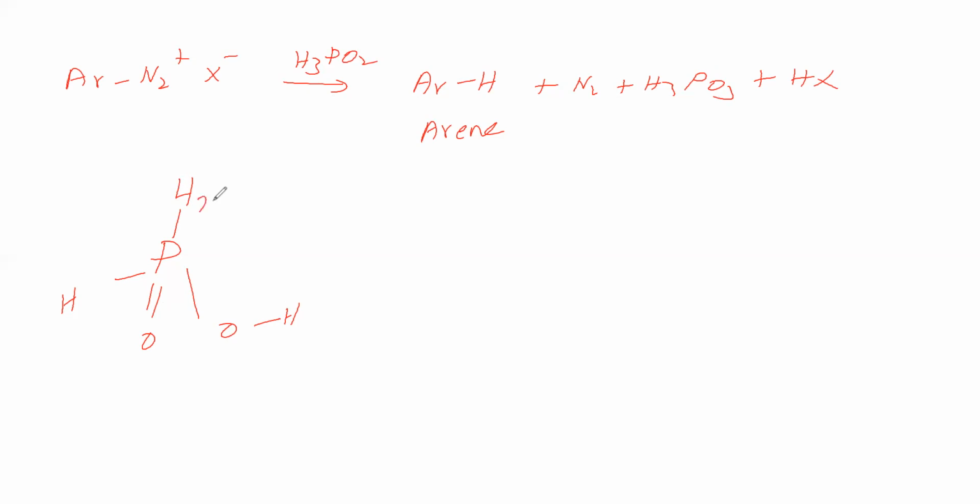Now, this hydrogen's electronegativity is 2.1, and phosphorus's electronegativity is 2.1, so both have the same electronegativity. Therefore, this bond is a non-polar bond, so this hydrogen is not an acidic hydrogen. Similarly, this is also not an acidic hydrogen. Now, this phosphorus oxidation number is +1. Therefore, it can undergo oxidation, so it can act as a reducing agent. This hydrogen is responsible for reduction. So, this phosphorus is supplying this hydrogen, reducing this.